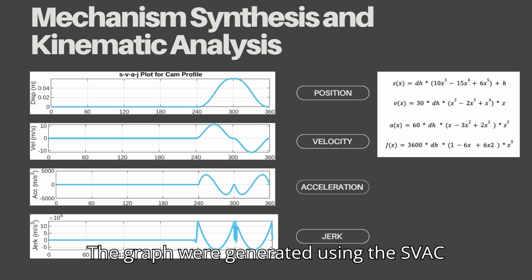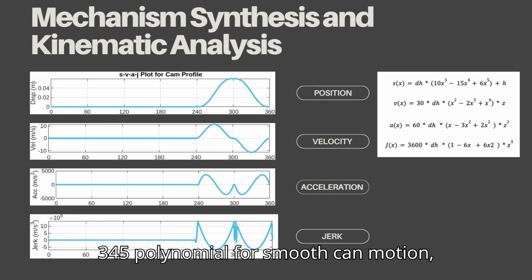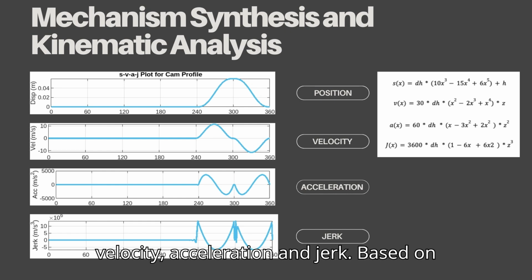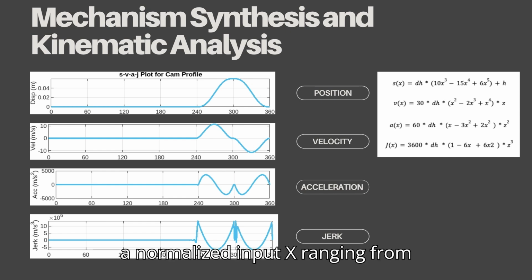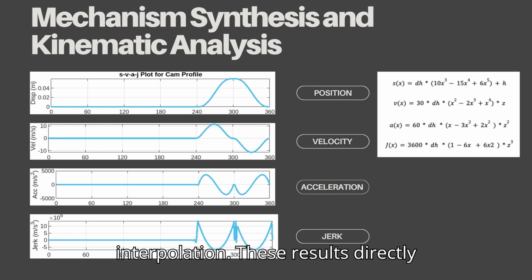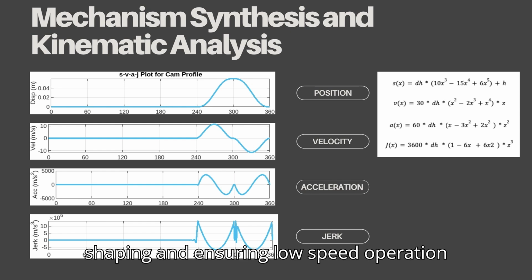The graphs were generated using the SVAJ 345 function, which applies a 3-4-5 polynomial for smooth cam motion, ensuring continuity in displacement, velocity, acceleration, and jerk. Based on a normalized input x ranging from 0 to 1, the function computes kinematic profiles refined via cubic spline interpolation. These results directly influence cam design by guiding profile shaping and ensuring low speed operation to minimize mechanical stress